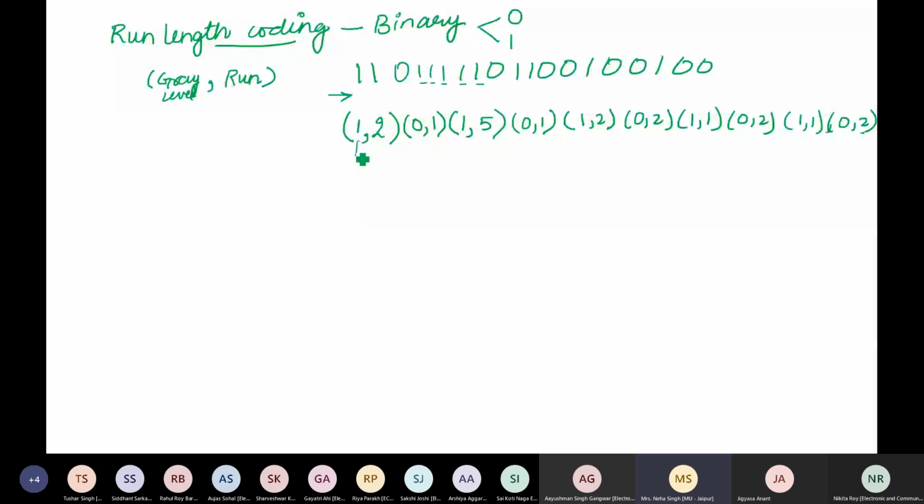So every time I have the value specified and the length of its run. Right? Now the run may vary from any value. Here 2 is also there, 1 is also there, 5 is also there. Therefore, I may encode the run length once again using variable length coding.